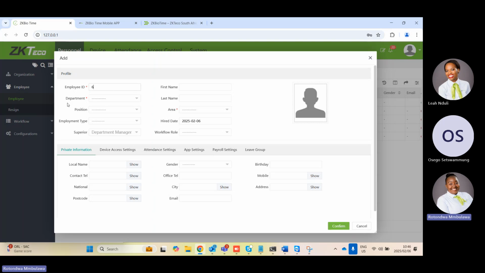You can change that employee ID, but my advice would be do not start with ID numbers starting from 0. So if you have ID numbers starting from 0, for example, I would advise you to maybe use a letter first, and then you can put in your 0, 1, 2, 3, for example. The reason why I'm saying this is because our devices are not set in such a way that they will count this 0